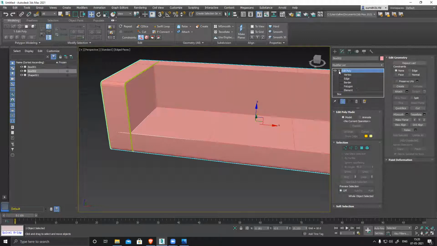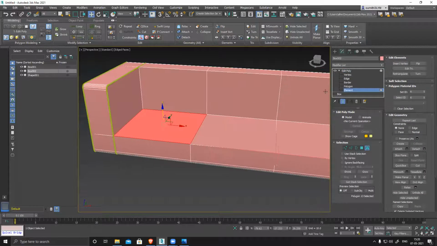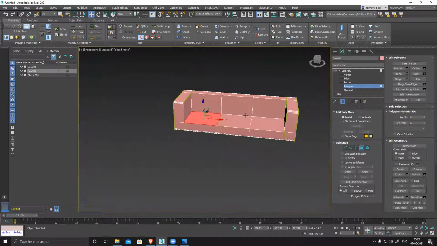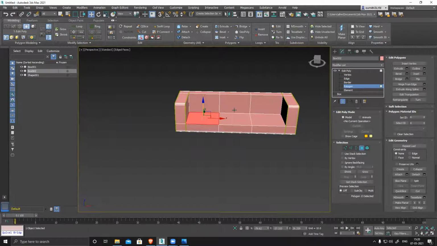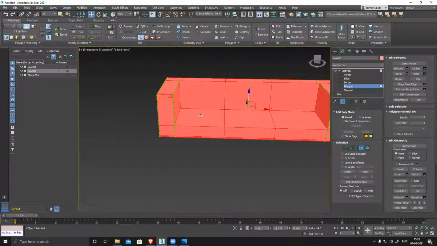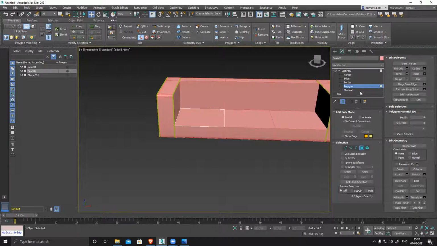Everything is duplicated. Polygon mode. Select everything. Just leave one. Delete everything.